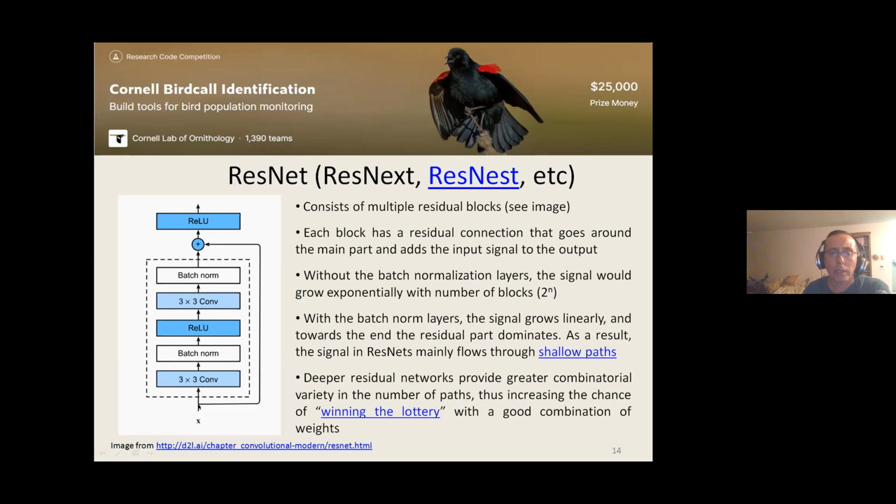By the way, guys, can you see my mouse cursor? Yes. Yeah, so they have this residual connection that goes around each block and basically adds the input of each